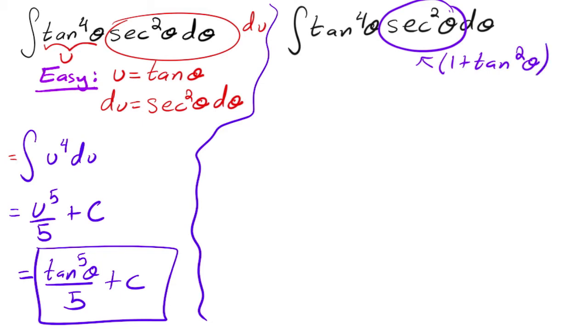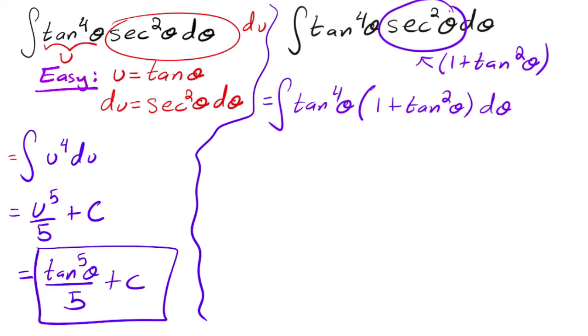And so then this integral would be equal to the integral of tangent to the fourth theta times 1 plus tangent squared theta, d theta. Okay. And then if you distribute this, you would get tangent to the fourth theta plus,